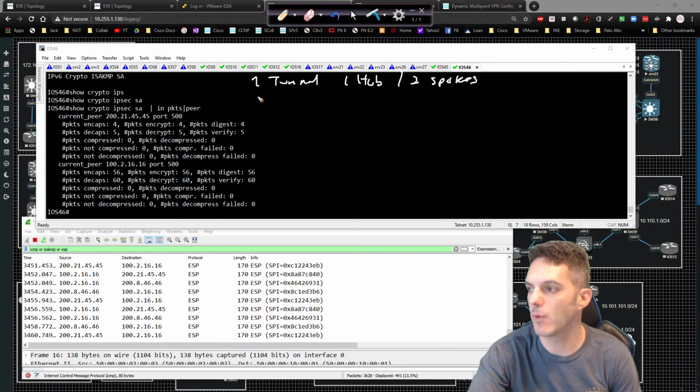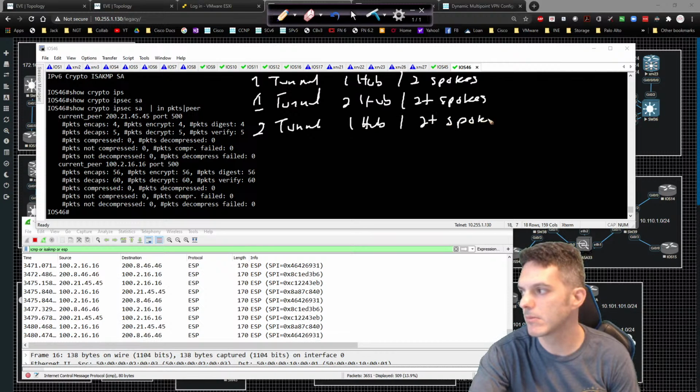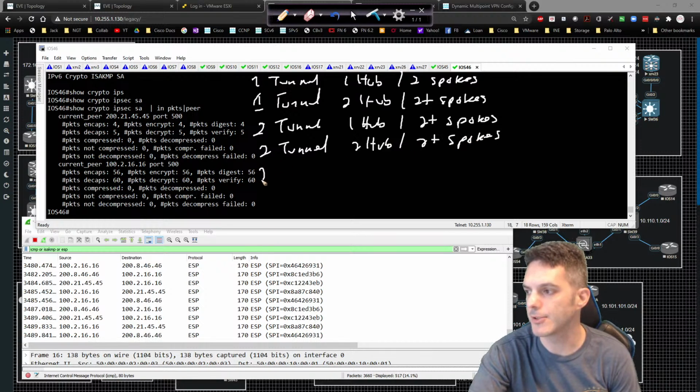So we have that. Then you have one tunnel, and you have two hub, and then you have 2+ spokes. Then you have two tunnel, one hub, 2+ spokes. Then you have two tunnel, two hub, 2+ spokes. Then you can have two tunnel. Then you can have 2+ hub, and you could also do